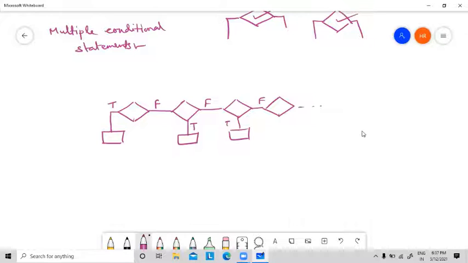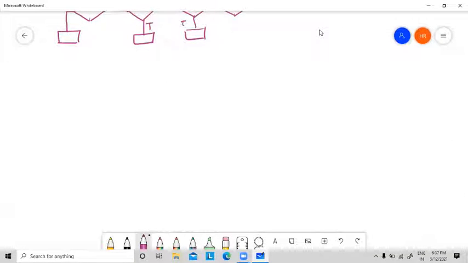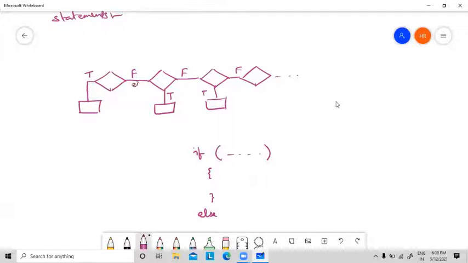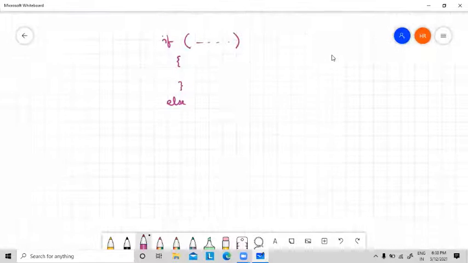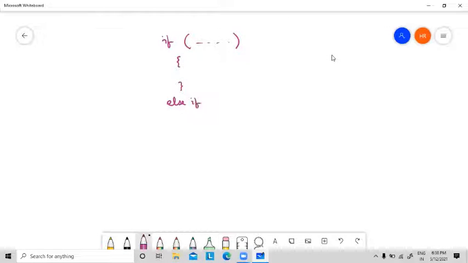In that case, you have to write your if else like this. If condition, then if true, then this one, else. See, this is the else part. In the else part, again I am using another if. So this is if. So else, again we are checking another if statement. If it is true, it will do this part. Else, again another if condition. So this is called